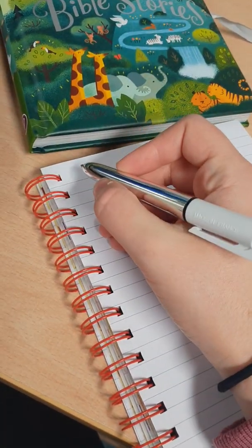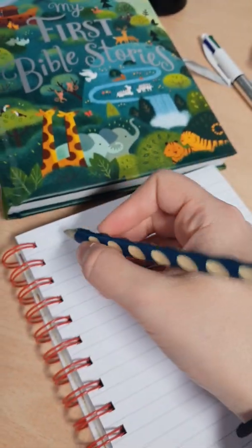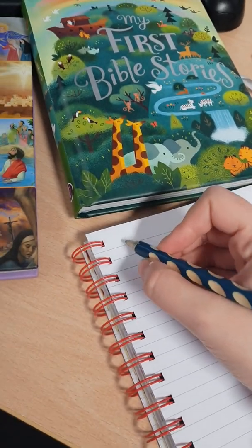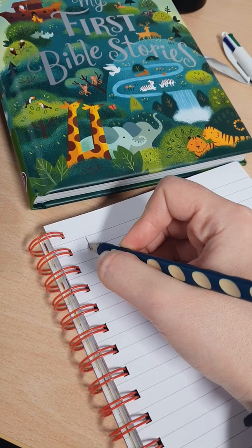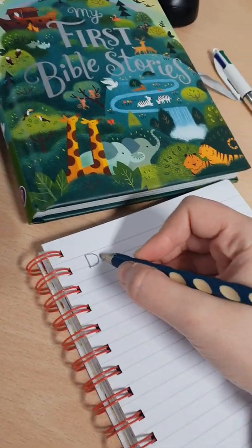So I'm going to open with, in fact, let me use a pencil like you guys. So I'm going to make sure I've got the correct pencil grip. I should have sharpened this really, because sharp pencils always make even neater handwriting. So I'm going to sit my letters on the line, and I'm going to open my diary entry with